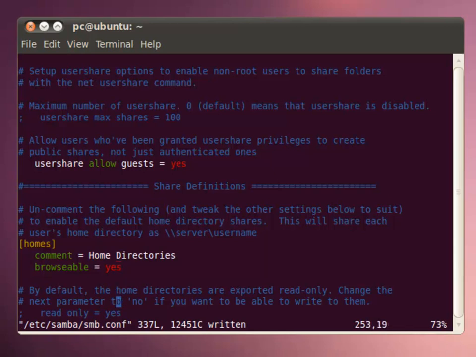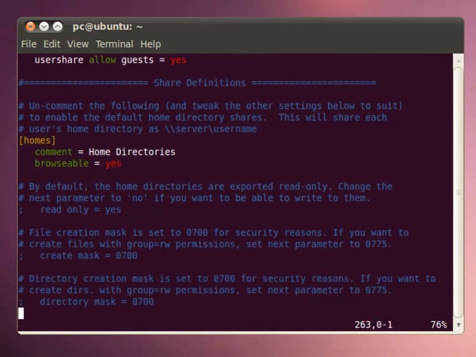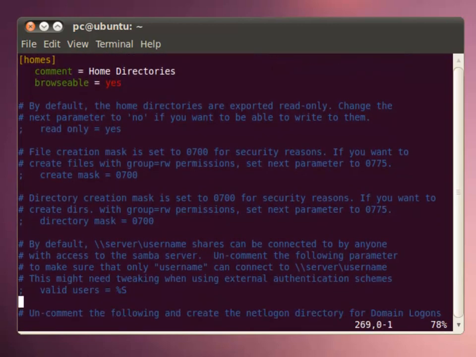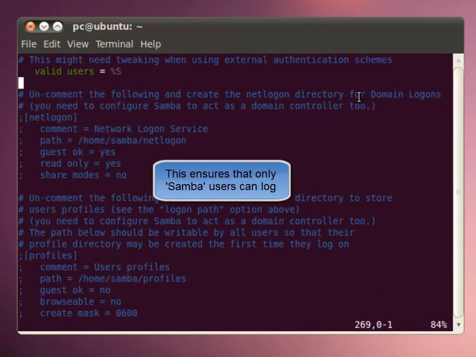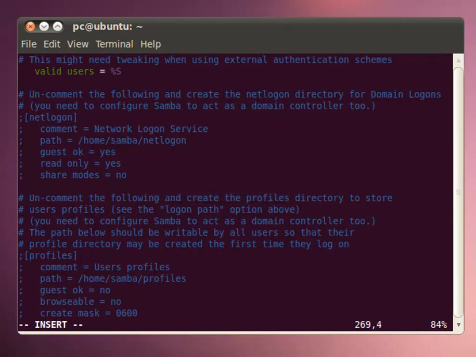We need to make two more changes. We need to change, you see here, the line that says valid users. We need to uncomment that. And if we want to provide the capability for users to be able to write to these directories, we need to add one line that says writable equals yes. We save that,